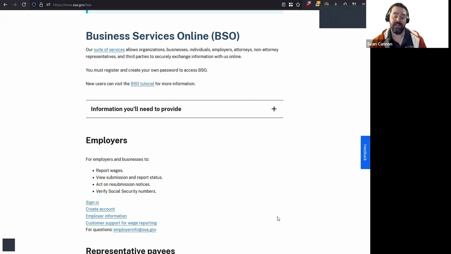Administration, namely because their system and platform is 10 times easier to work with than the IRS. So if you haven't already begun this process, you're going to go to ssa.gov/BSO, BSO standing for Business Services Online. And what you're going to do is scroll down to this employer section here, and you need to create an